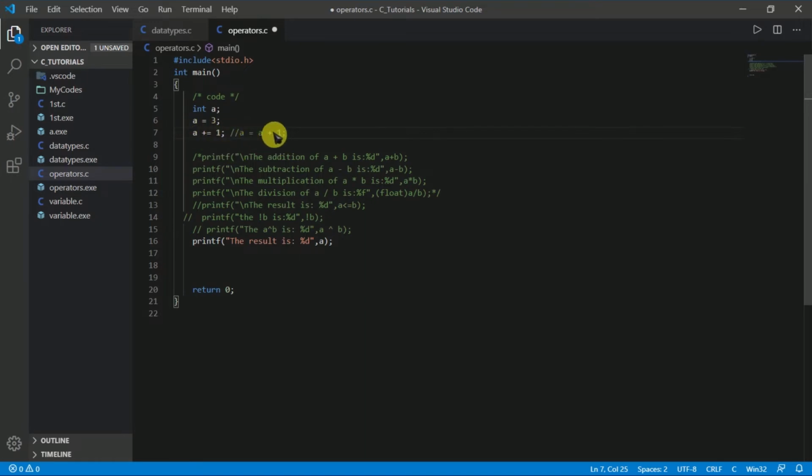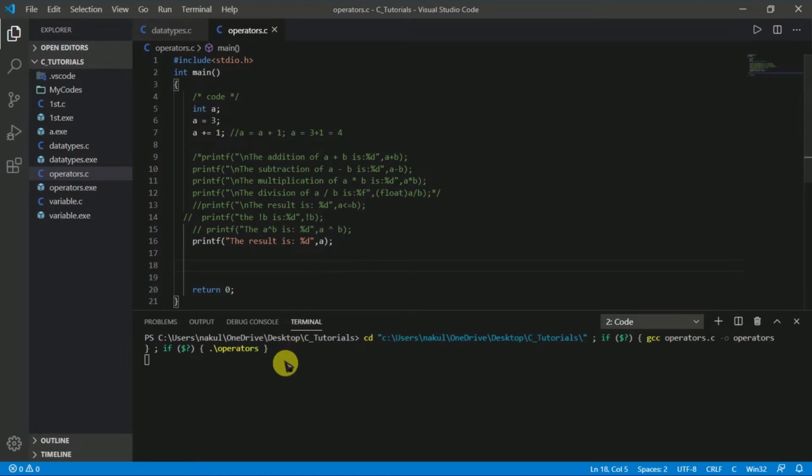It means a equal to 3 plus 1 equal to 4, because variable a value is 3 and 3 plus 1 equal to 4. Now let's check its output. As you can see, guys, the result is 4. So I hope you understand the addition assignment.